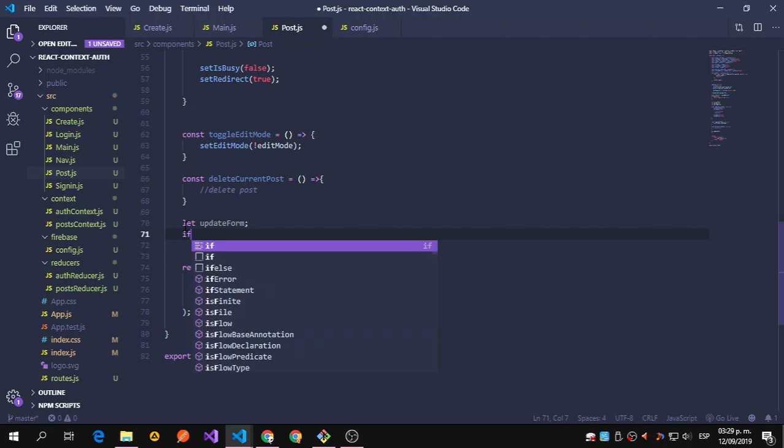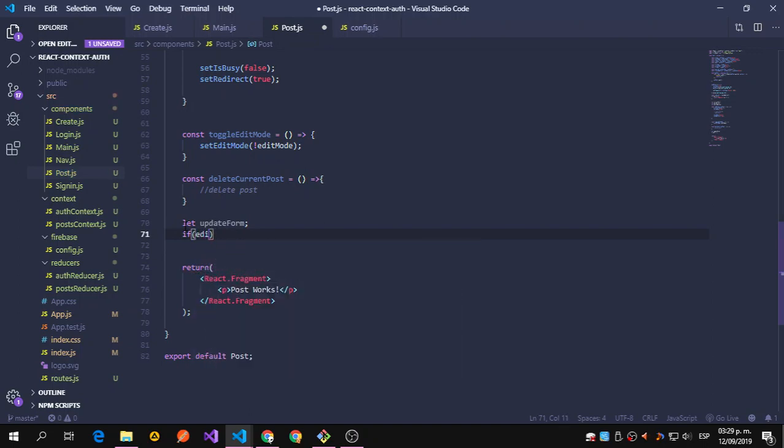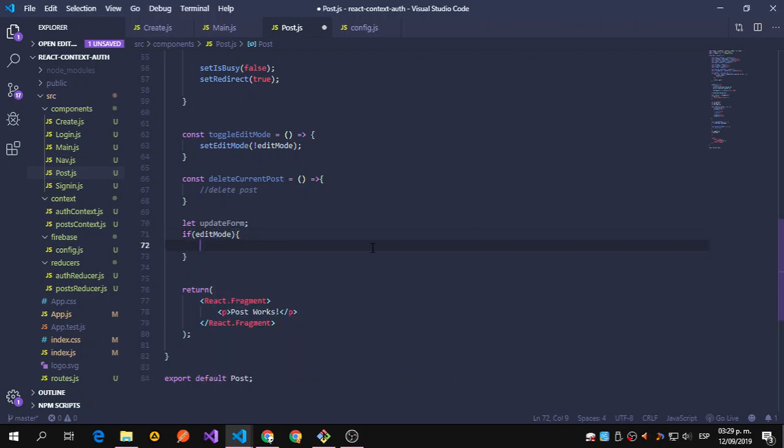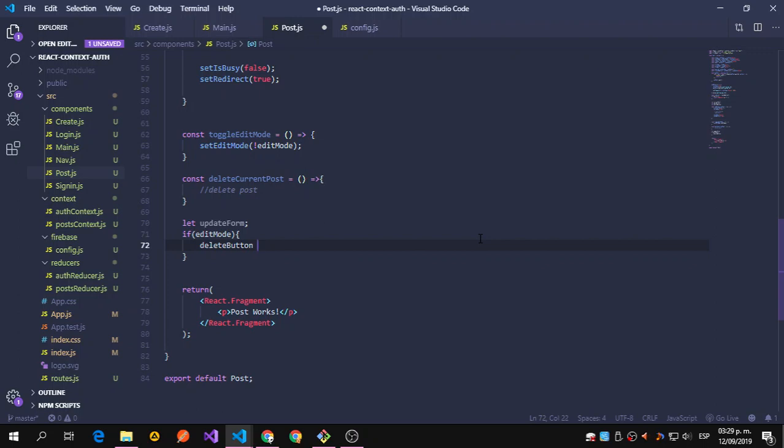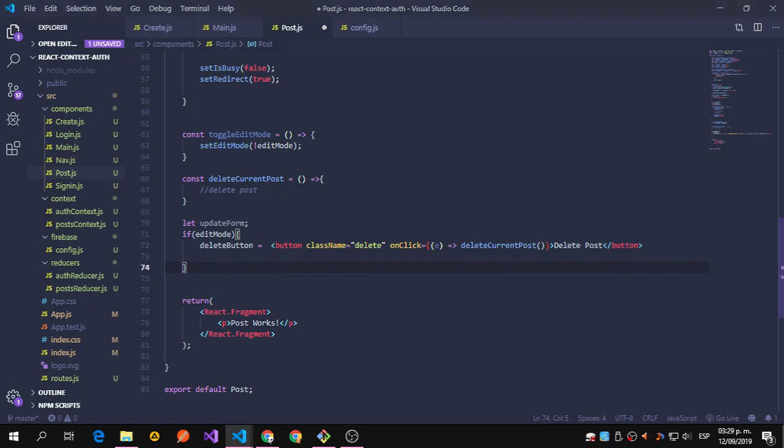So we're going to say if edit mode, meaning that if edit mode is true, we're going to say delete button that we have defined up there equals to a button. Class name delete, on click is going to run the delete current post, and